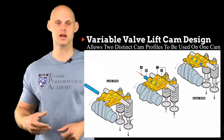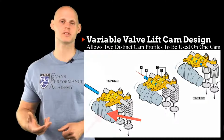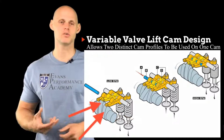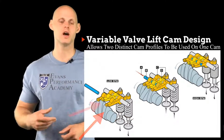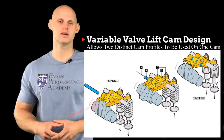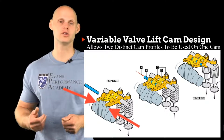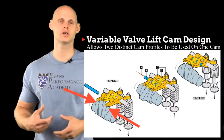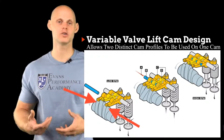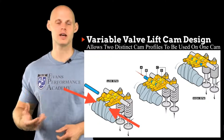Now, let's look at how this is mechanically going to work so we have a better idea. If we look here, we can see that we're going to have three different rocker arms and a camshaft. If you note on the camshaft, it's going to have two sets of profiles. You're going to see one mild or lower set, and one much greater or much larger lobe on the camshaft. As the camshaft spins around, the two outer rocker arms here are going to ride on these two smaller lobes of the cam. Those are going to actuate open the valve under normal driving conditions. So at idle and our part throttle operation, those are what's controlling the engine and letting the